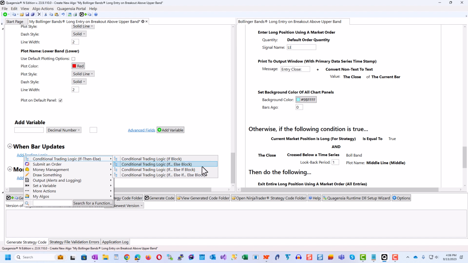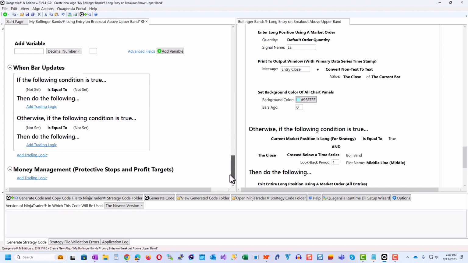Now you have an if block, an if else block, an if else if block, and an if else if else block. And these are not the only possibilities. You can add as many else if blocks as you want to any of these, and you can add an else block to any of these. But for now, we'll just click the very basic simple if else if block. So now this is the entry logic section. This will be the exit logic section.